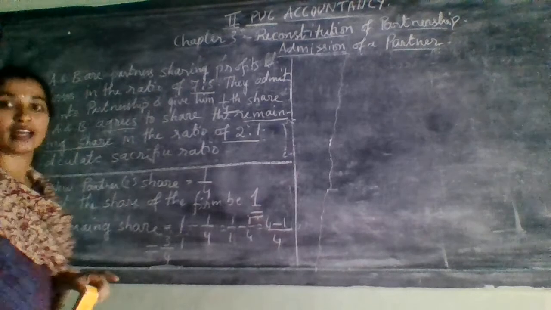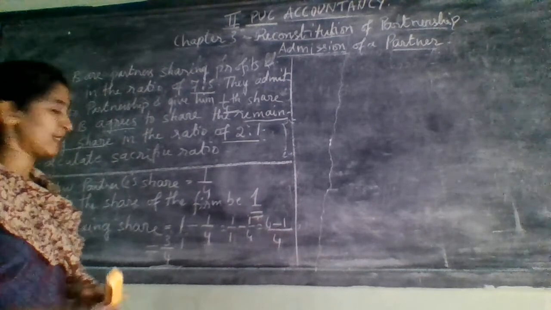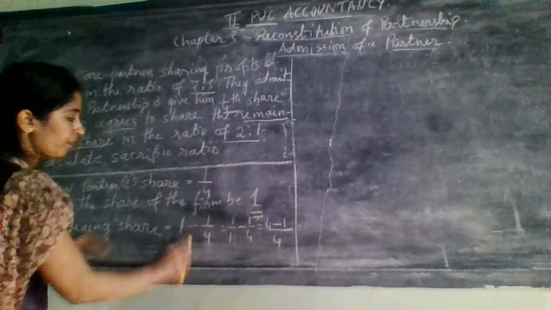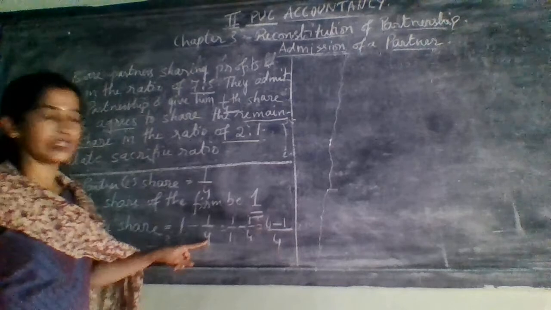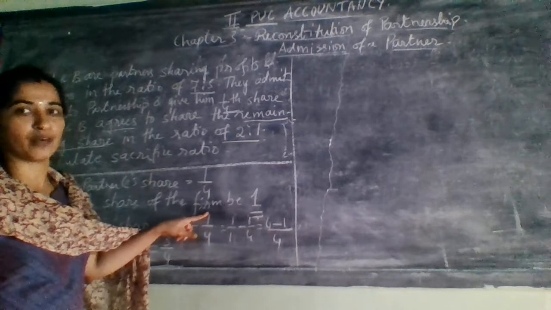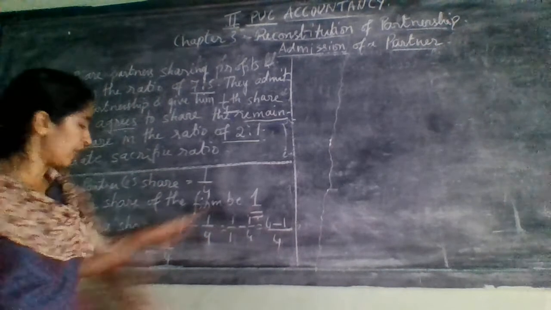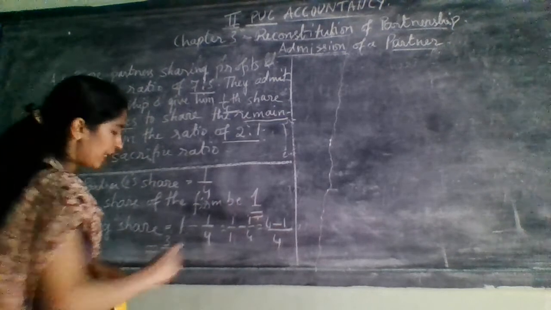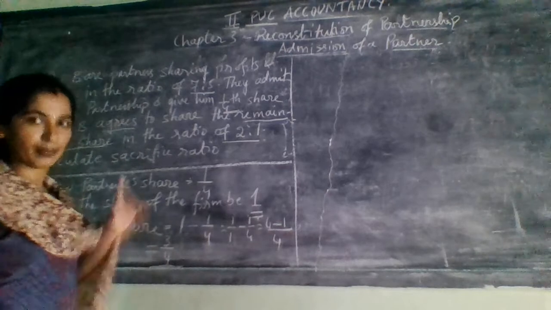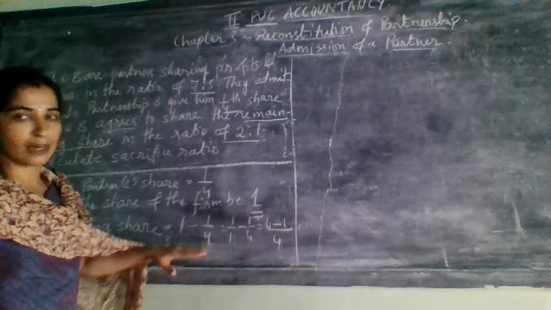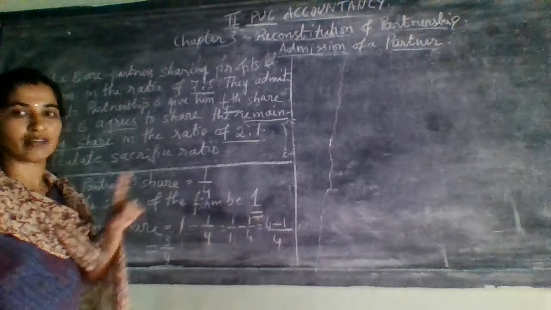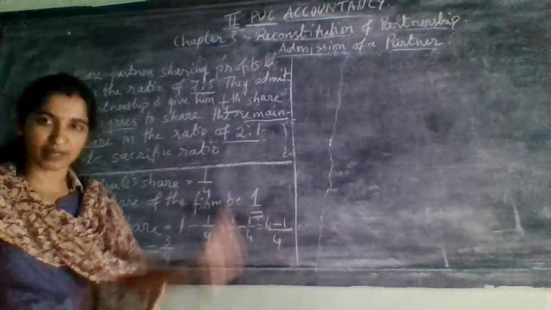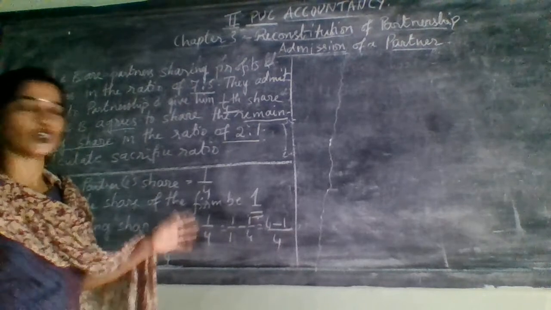So in this way you need to calculate the remaining share. One more easy method is there. What is it? When you are writing 1 minus 1/4, from this 4, if you subtract 1, how much will it come? 3, right? You can directly consider the remaining share as 3/4. If you take 1/6 also, 6 minus 1 will come 5. So 5/6 is the remaining share. If you do it in this method also, the same answer will come.